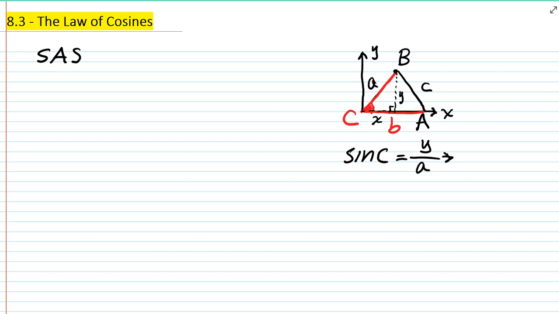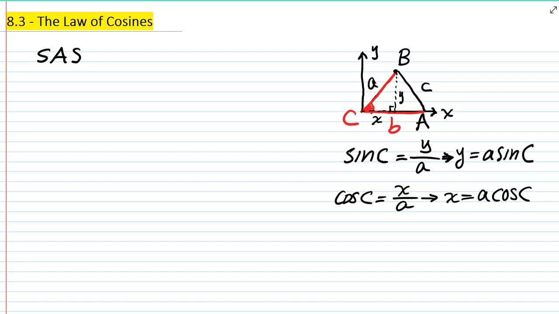So from this, we can say that y is equal to A sine C. And then we can do cosine of C as the ratio of x to A, and we can say x is A cosine C. So the coordinates of point B as a point on a plane would be x, y, and the coordinates of B, therefore, are going to be A cosine C, comma, A sine C, based on what I just did here. Now,